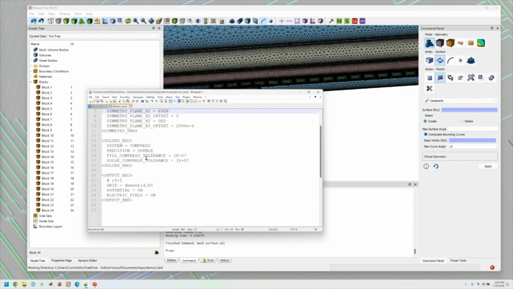To run in double precision and really take advantage of that, we need to set these much tighter. The default is 10 to the minus 4. We're going to go all the way down to 10 to the minus 7. You might think this would take a whole lot longer, but the convergence is exponential, and so it might only take 10% longer or even faster to get this much more